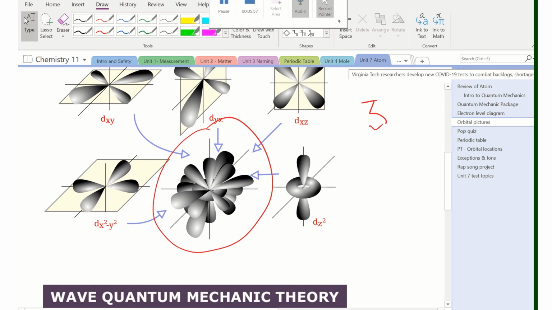So again, what is this? This is just a region of space where electrons are most likely to be found. You cannot pinpoint exactly, "Oh, I think the electron will stay right there." They don't stay there, but they're just going crazy in this region of space when they're excited. They're not fixed at one point, but rather they can be found in this region of space.